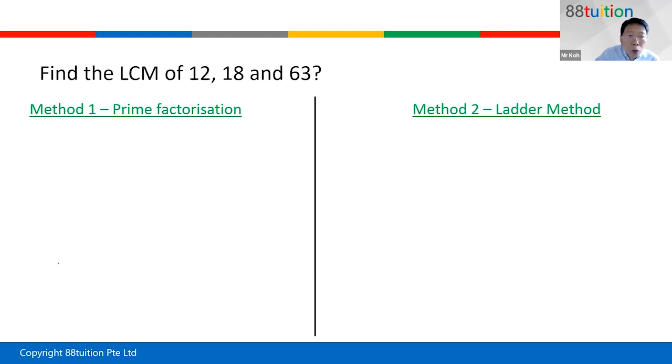So branching starting from 12. What is 12? Basically there will be 3 times 4. So again, I branch down 4 to 2 times 2. So there will be 3 times 2 times 2. All these are prime numbers. So I go on to 18. 18 will be 6 times 3. For 6, I leave it to 2 times 3. So I bring down the times 3. So 18 will be 2 times 3 times 3. Okay. So now